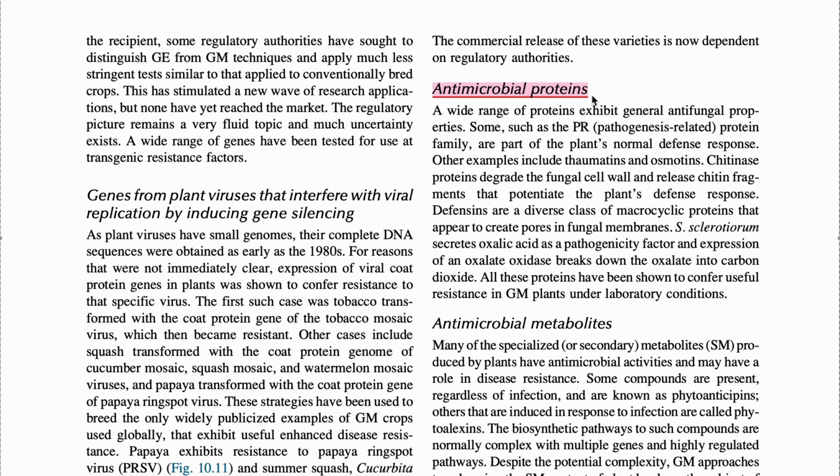The next is antimicrobial proteins. A wide range of proteins exhibit general antifungal properties. Some, such as the PR protein family. PR means pathogenesis-related family. We have seen there are various families, 17 families, and their functions